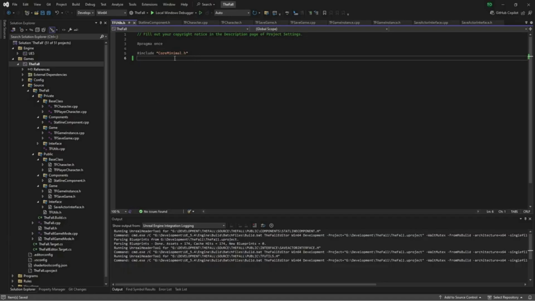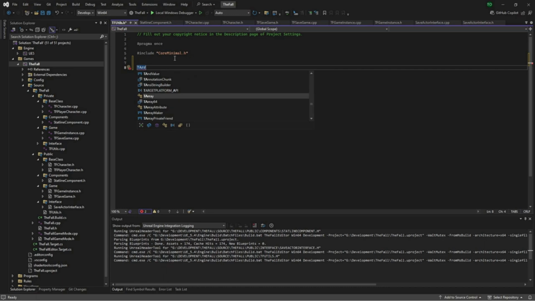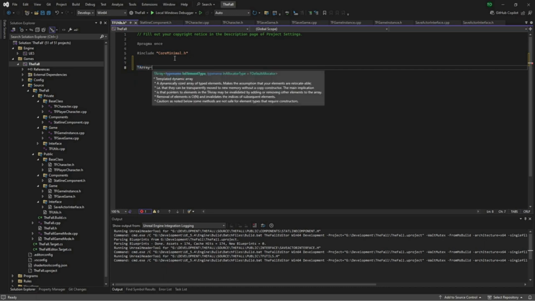So what we're going to be doing in this class, well, it's not even really a class, it's a function library, is going to be using and creating utility functions. And these are going to be things that are usable in pretty much any case or any place that you want, and they're going to be used in multiple different areas. So this first function we are going to be creating is a string chop